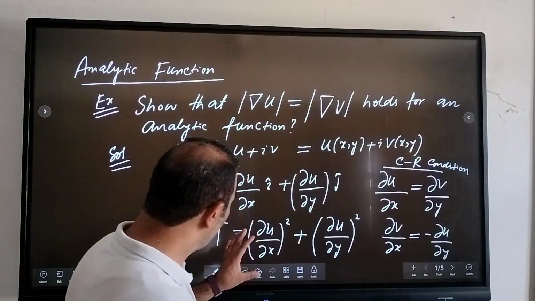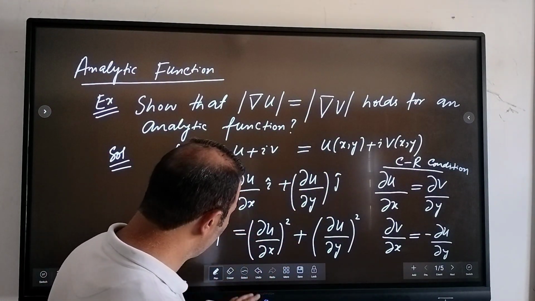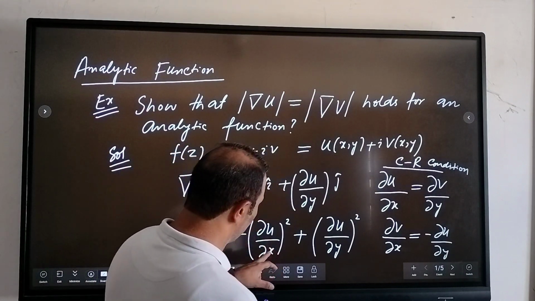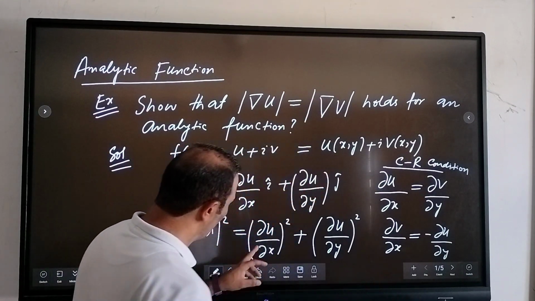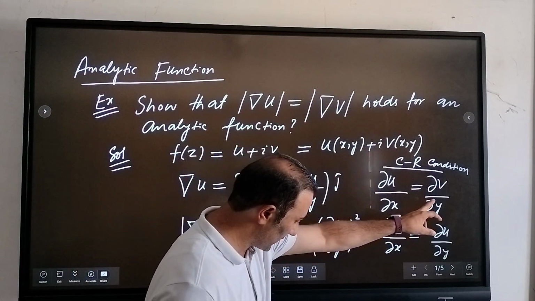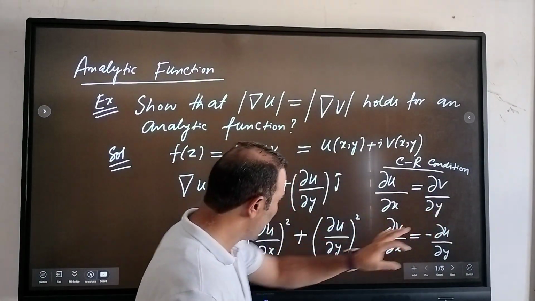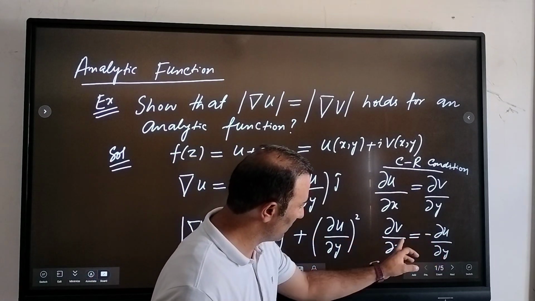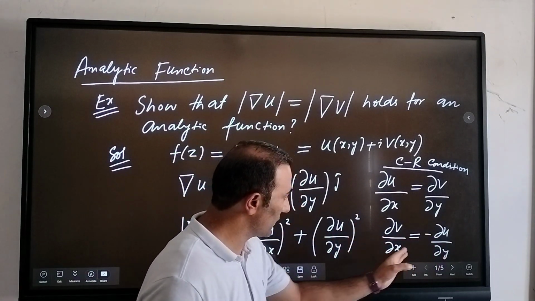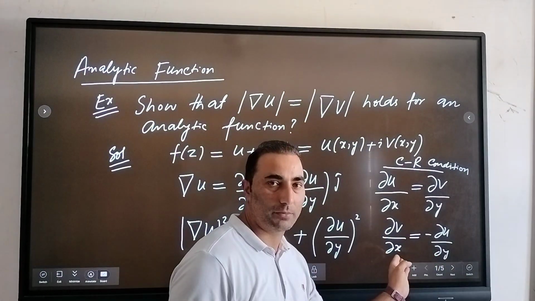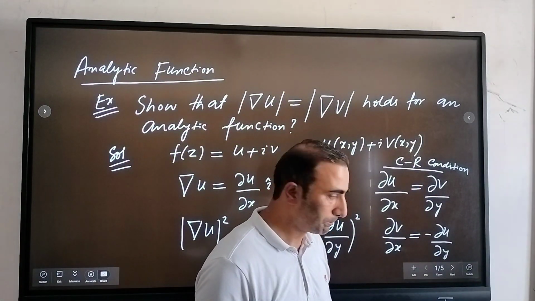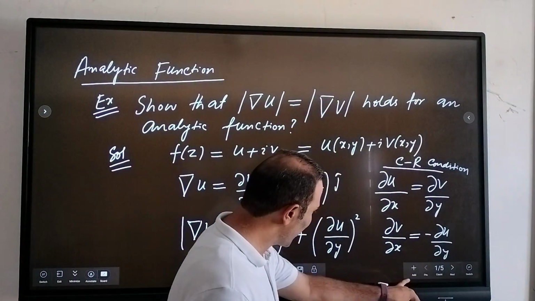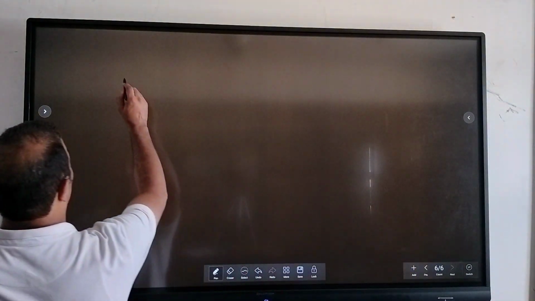Now we can use the Cauchy-Riemann condition here, because partial u by partial x I can write as partial v by partial y. Similarly, partial u by partial y I can write as minus partial v by partial x, because we have the minus sign on our right hand side. So nabla of u square will be equal to